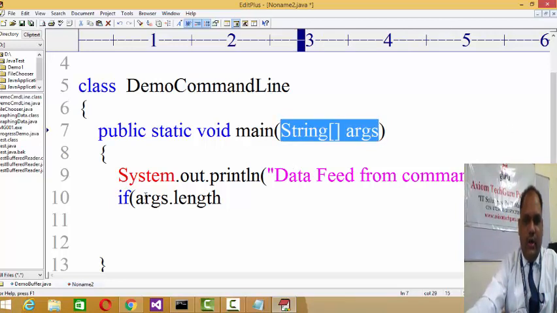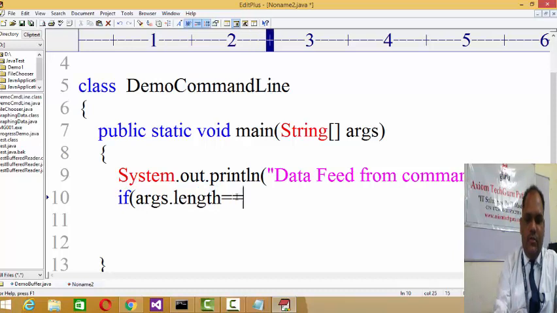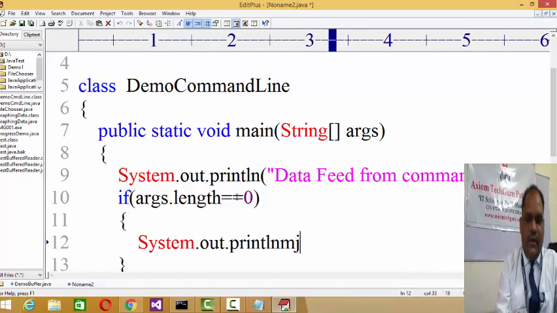So this array dot length, length is a property of an array. If array.length equals 0, it means you haven't fed any input from the command line. So obviously your code will not process any data. So you can prompt the user, System.out.println("no data input from command line"),